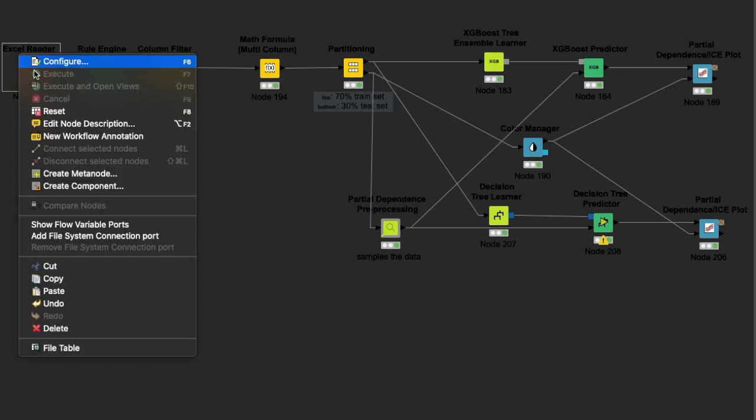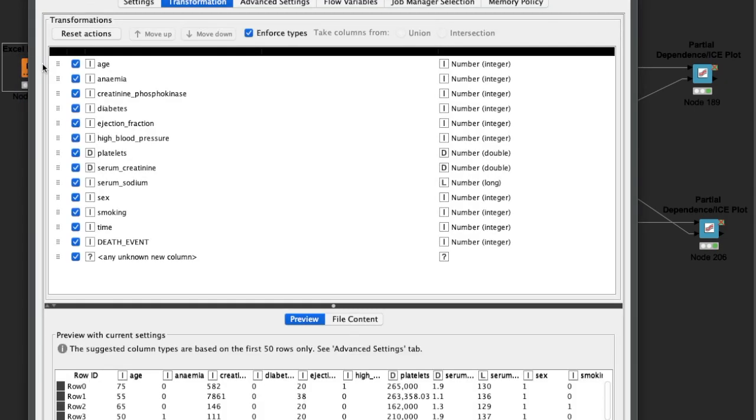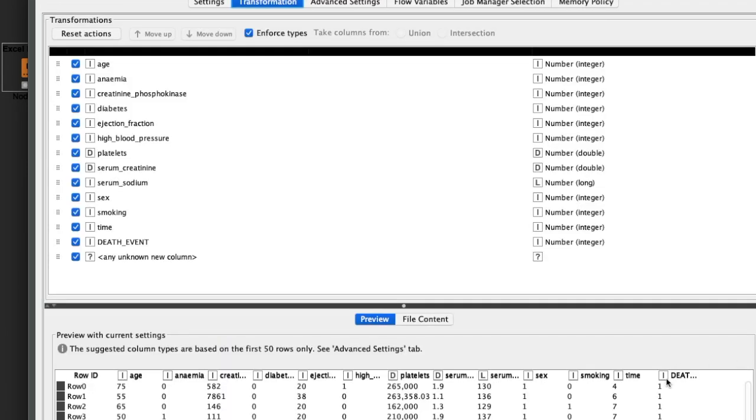I'm using the heart failure data set from the UCI machine learning repository. This data set consists of various clinical features captured during the heart examination of patients. The response variable is whether that event occurred before the patient's next checkup. So if we take a look at the predictor variables and the response, this is our response variable, that event, and we have several predictor variables including the age,